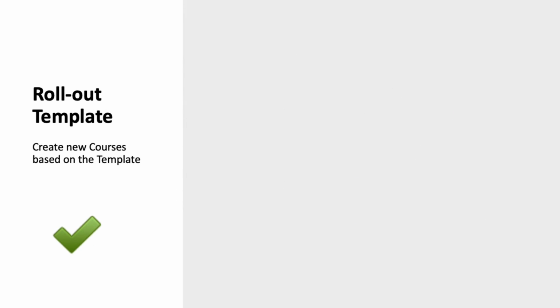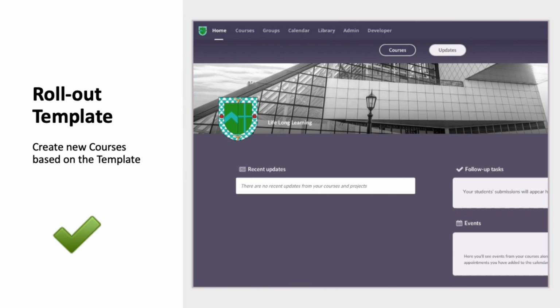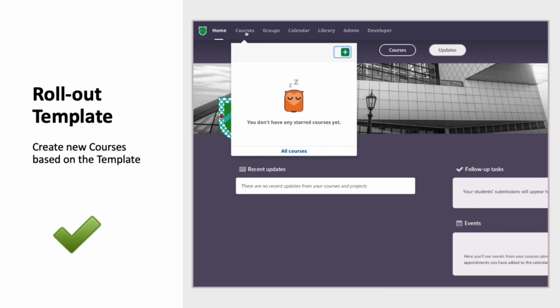So now we've got our templates, we need to look at how we roll out a course based off the template. Okay, so how we create a new course from that template or from that old course. So this again is quite simple to do. We simply click on courses on the top menu bar. We've got our little green and white plus symbol,